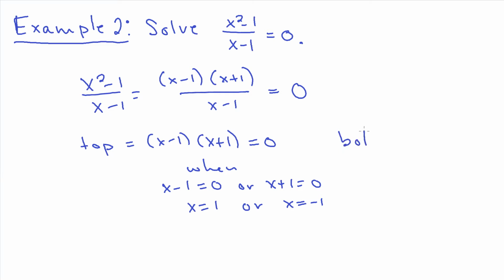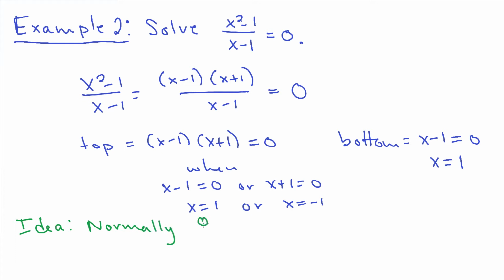But the bottom, which is x minus 1, is equal to 0 when x is equal to 1. And so what we just said in the last problem is our original expression, x squared minus 1 over x minus 1, is undefined when the bottom is equal to 0. So the idea here is normally,